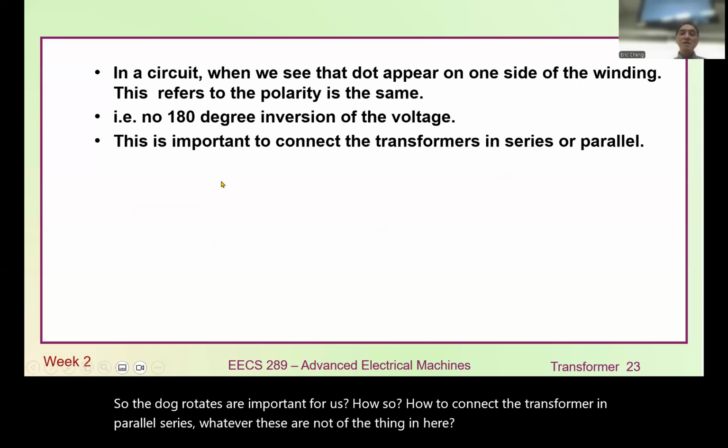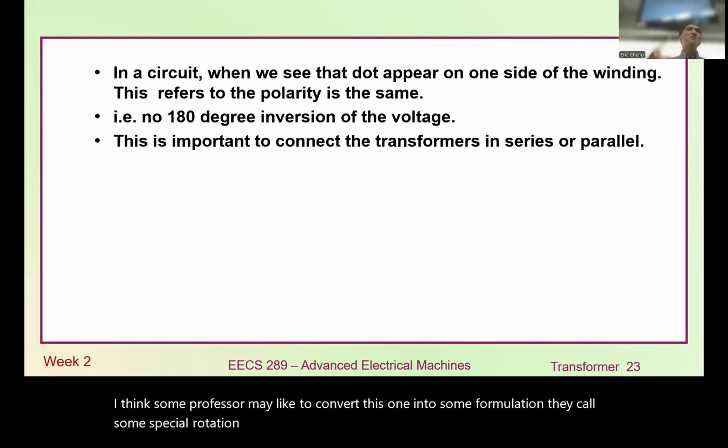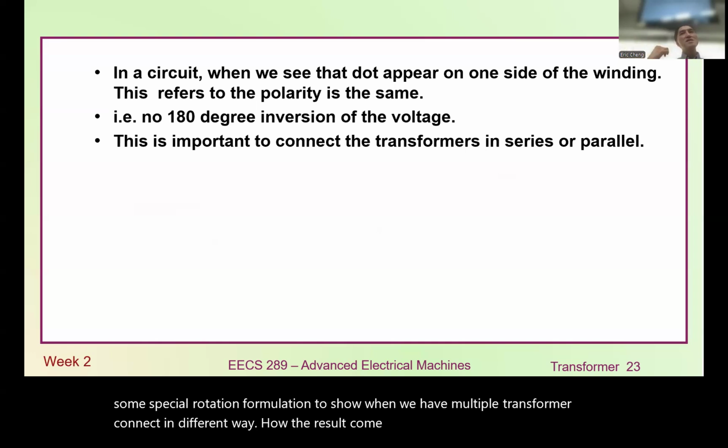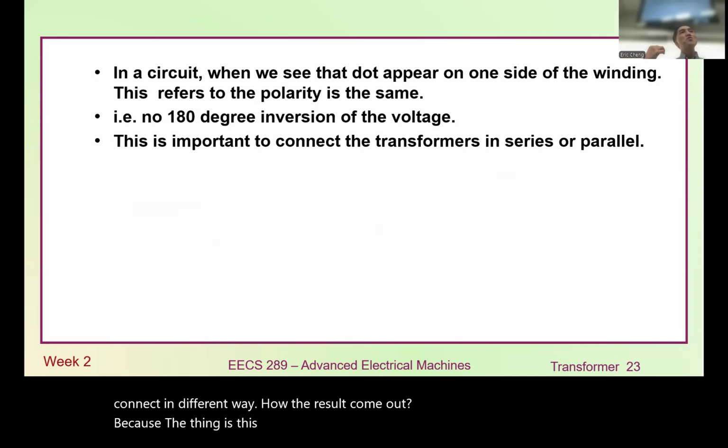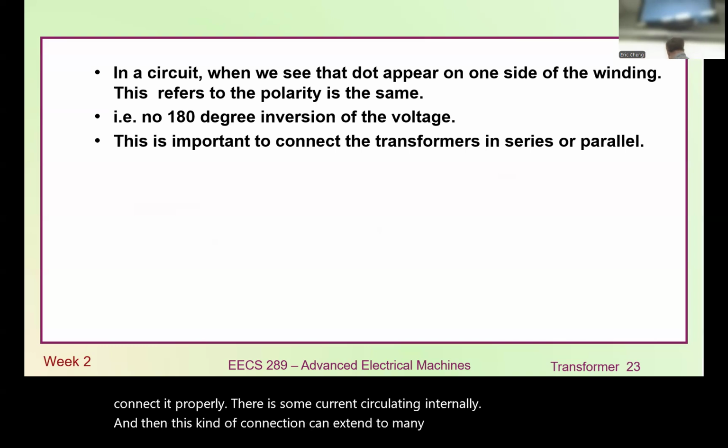I think some professors may like to convert this into some formulation. They have some special rotation formulation to show, when we have multiple transformers connected in different ways, how the result comes out. Because we need to avoid the circulating current. If you don't connect it properly, there will be some current circulating internally. And then this kind of connection can be extended to many other domains. For instance, you can have